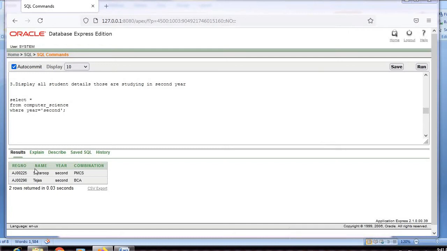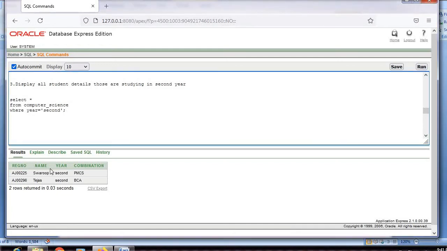So their register number, name, year and combination I have displayed down, which you can see in the result. So this is how our third query works. You have to go to the computer science table. In that computer science table, you have to take the attribute year, because there you will get the second year students, and after getting that, all the information should be displayed. So which I have got in my result.